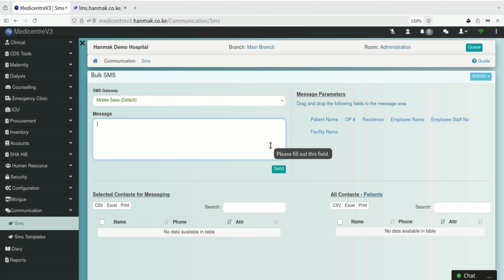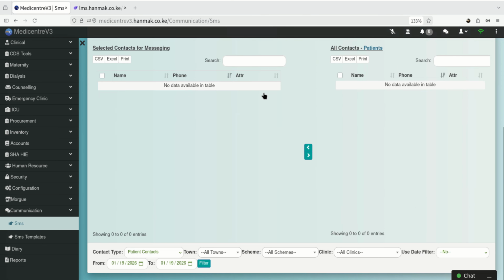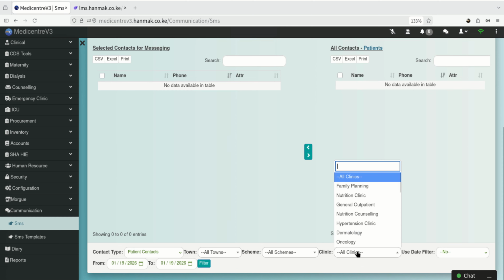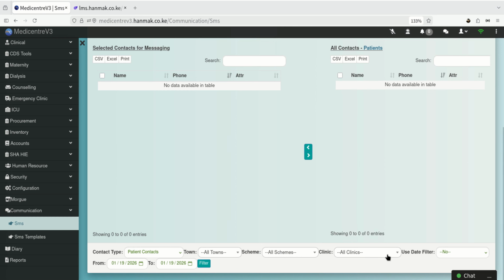So there's also a lot that you can do from here. If you want to send SMSs to patients who are from a given town, or who are using a certain insurance card, or who are attending a certain clinic, you can just do that from here, and you can backdate, from what time range